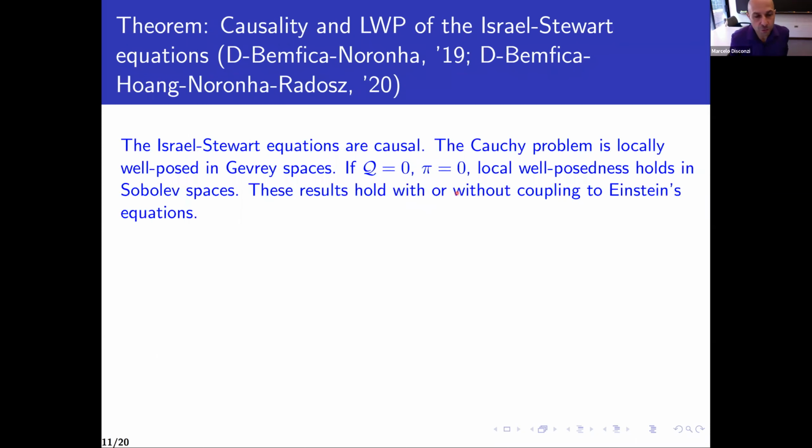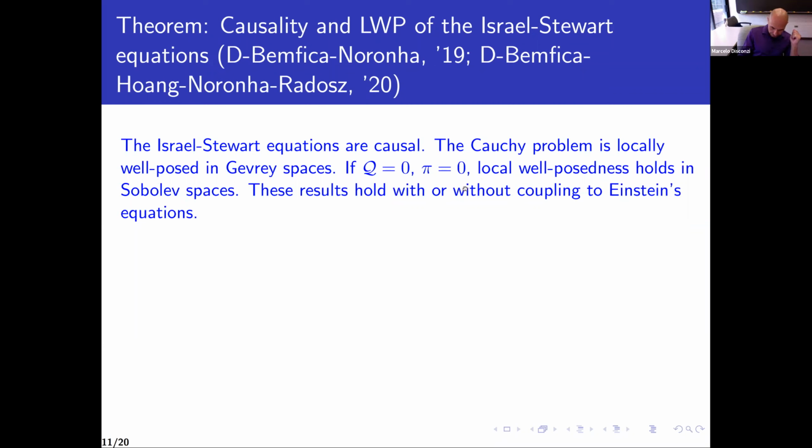So, and these are the questions that we address in our theorem. So here's the first result I want to state today, which says the following: the Israel-Stewart equations are causal. The Cauchy problem is locally well posed in Gevrey spaces, and in the particular case where these two viscous fluxes, the heat flux and the viscous shear stress, are absent, then local well-posedness in fact holds